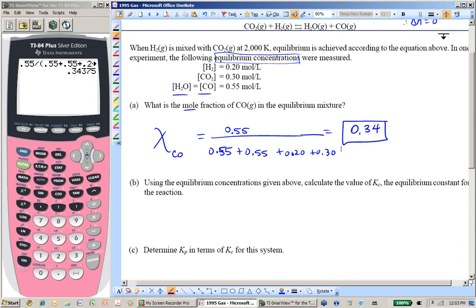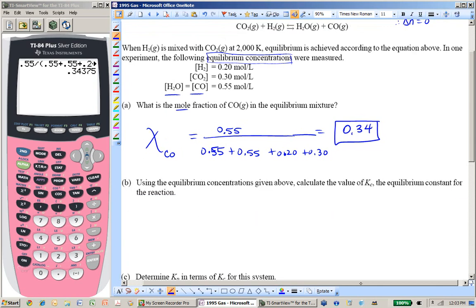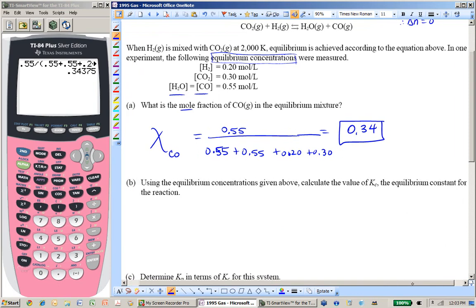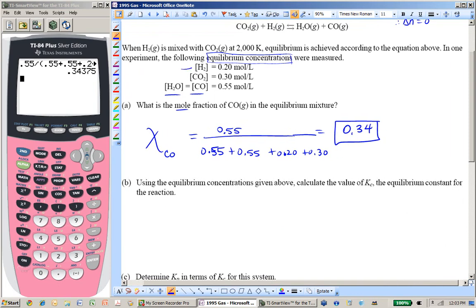So, part B, using the equilibrium concentrations given above, calculate the value of Kc, the equilibrium constant for the reaction. Well, I should have figured that coming with those square brackets everywhere. So Kc equals, looking at the balanced equation, concentration of products raised to the power of their coefficients over concentration of reactants raised to the power of their coefficients. I think I got it all written properly. So that is